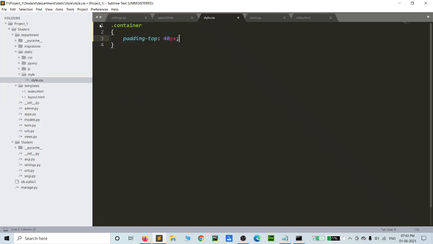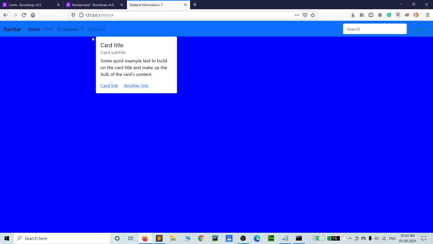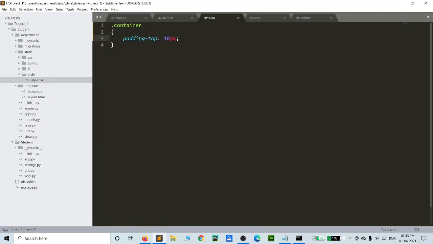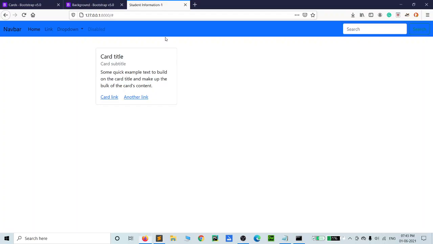This is the size for the space between the card and navigation bar. So we can refresh it, see that this is your 40 pixels padding top. If you want to reduce that, you can remove it, change it, yeah, see that.